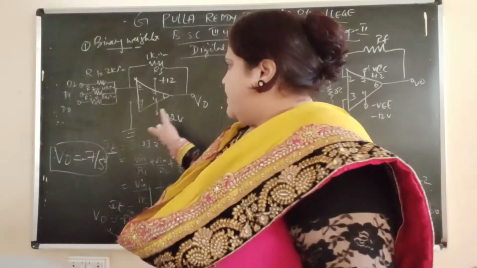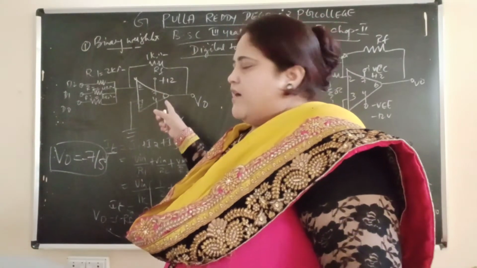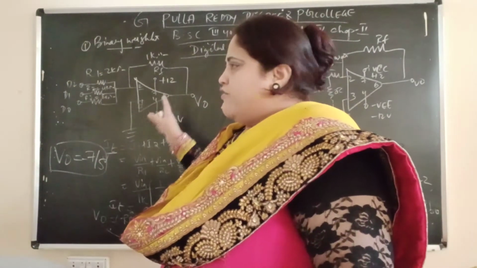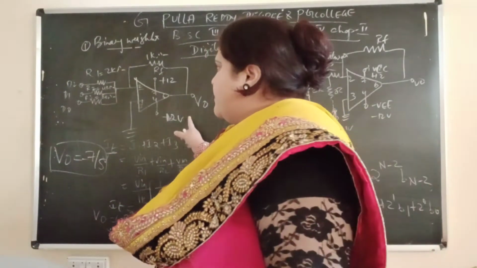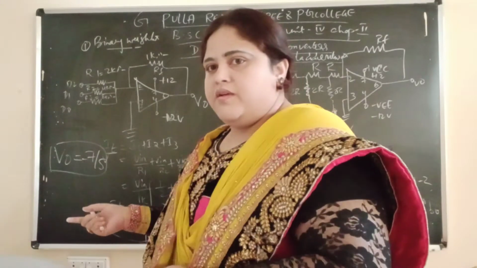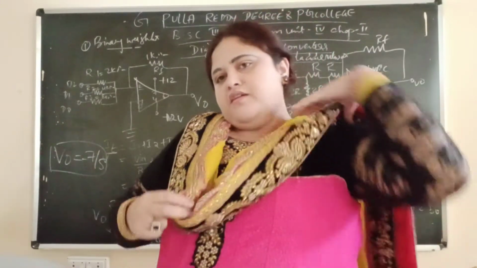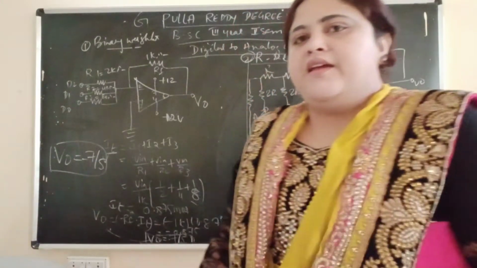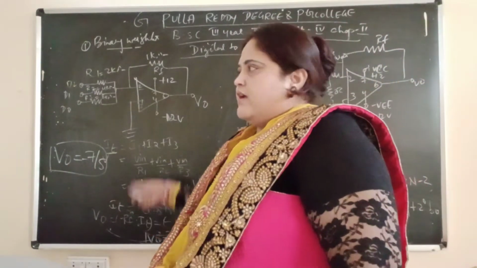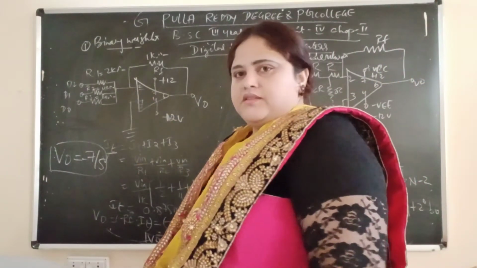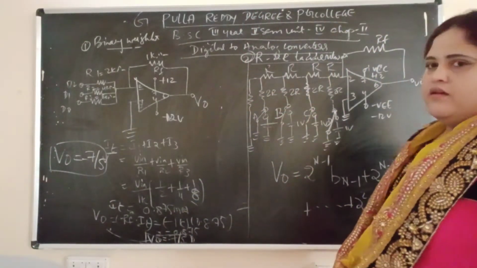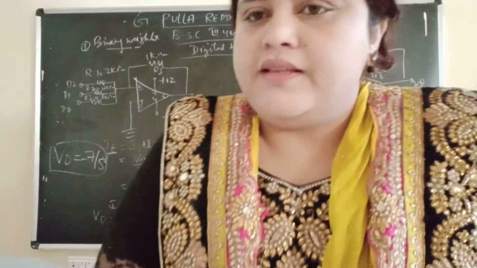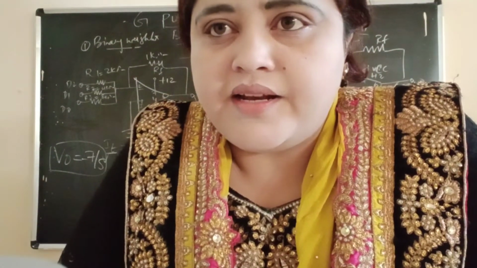This is your binary weighted method. Binary weighted method means that in this we have taken the op amp in the form of a summing amplifier. All the inputs which we are giving in digital form will be converted into weighted form. Weighted means current form, then voltage form, and finally we get the output voltage after adding these inputs. Next, the method is the R to 2R ladder network method.